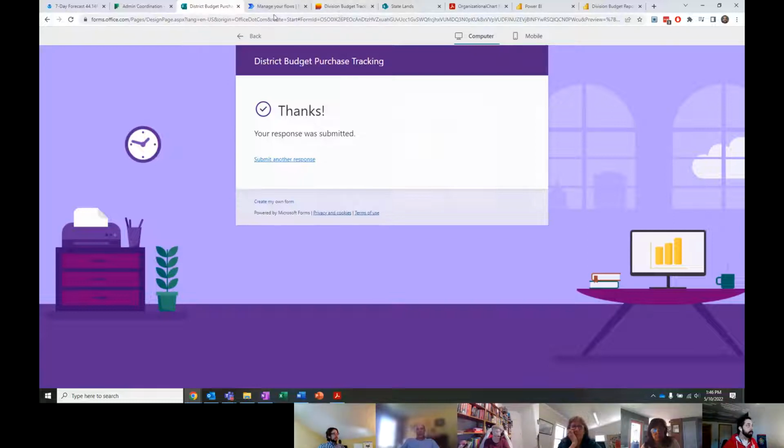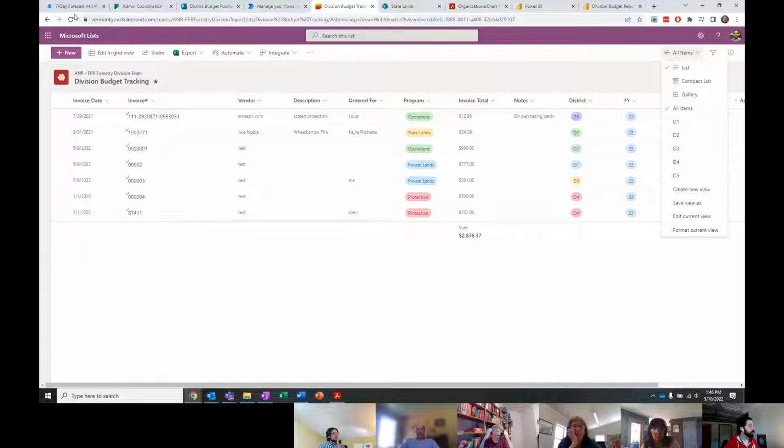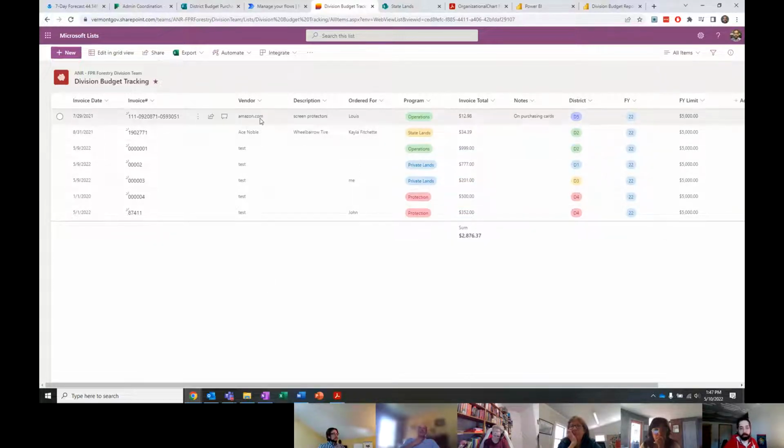So that data flows via Power Automate, and I can show you that in a little bit, to this table right here. So this is a SharePoint list table. And you can see all the past testing that I've done and a couple of test cases that I just manually entered in here. It shows up right here on the bottom, right, as the most recent one entered,